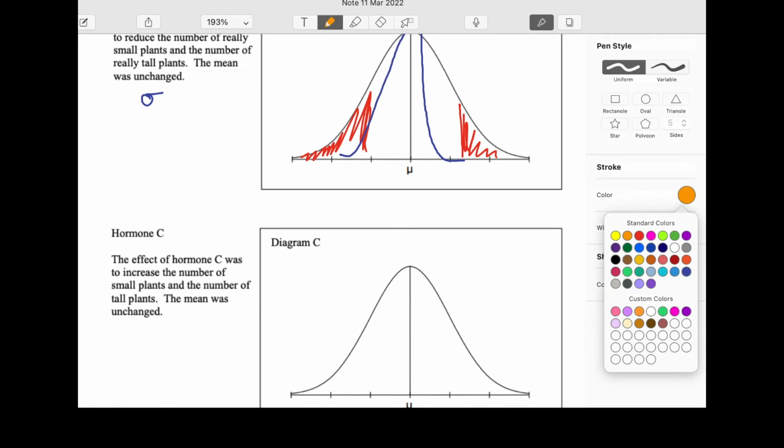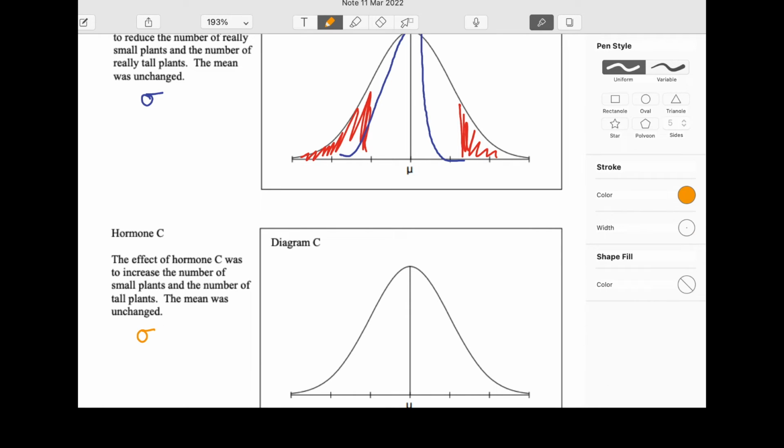And the last one then, part C, the effect of hormone C was to increase the number of small plants and the number of tall plants. The mean is unchanged. So again here, actually, what we're changing is sigma. And what are we doing? Well, we want to make this even larger. So these sections here, we want to increase them. And where are they going to be coming from? Well, we're taking them off the middle and we're spreading them out. So we're going to actually get this more spread out curve. So you're going to get a wider curve